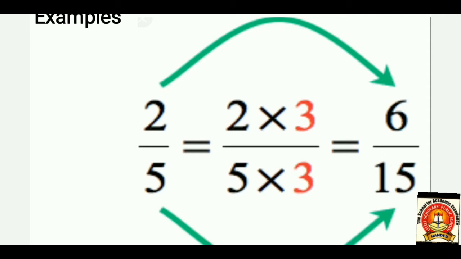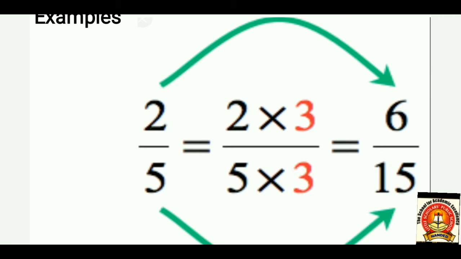Now I am going to convert this fraction into an equivalent fraction, and you can get infinite equivalent fractions of any given fraction. For that, here I choose, say, 3. Here 3 is a non-zero number. You can select any non-zero number. Now I am going to multiply and divide this fraction by 3. 2 by 5, multiply and divide by 3. So what am I going to get here?